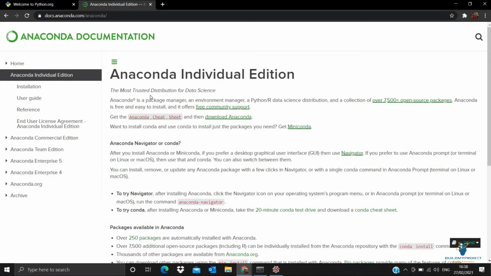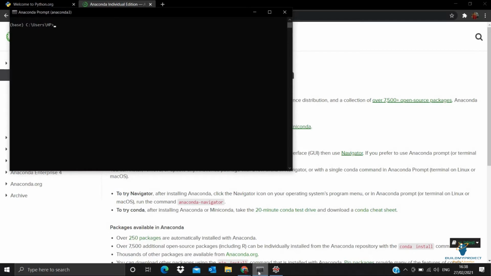You just need to enter a command that is nothing but pip. We will try to install a small, basic library, that is NumPy, that is numerical Python. We will try to install some libraries with a small statement, that is pip install and the name of the library. Suppose we are trying with NumPy.